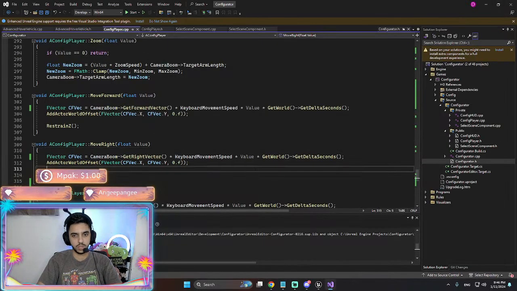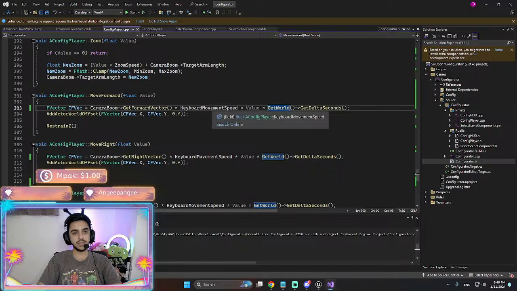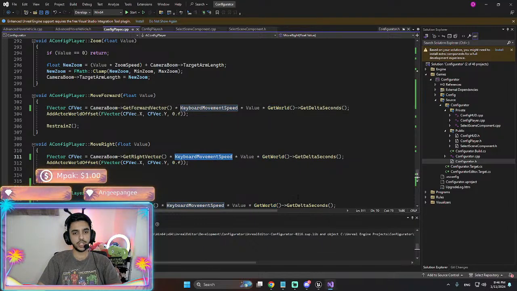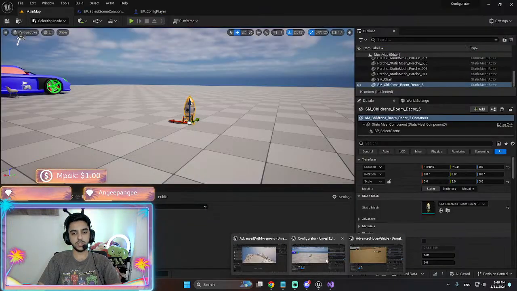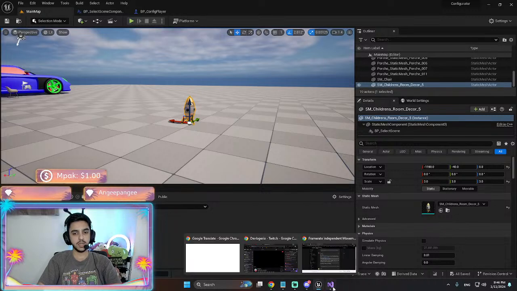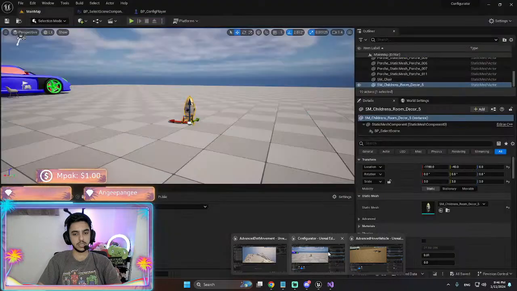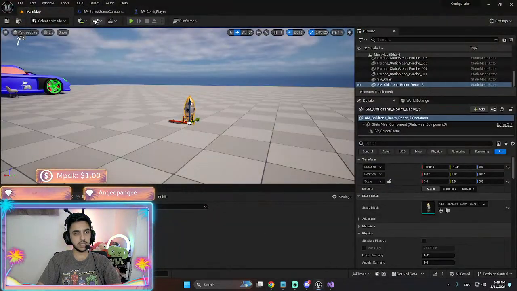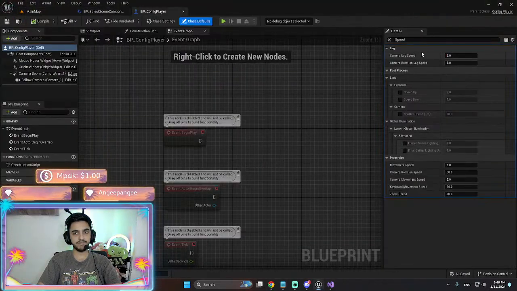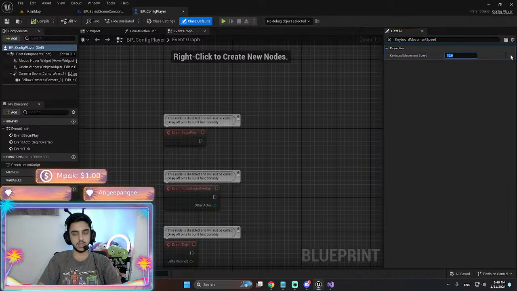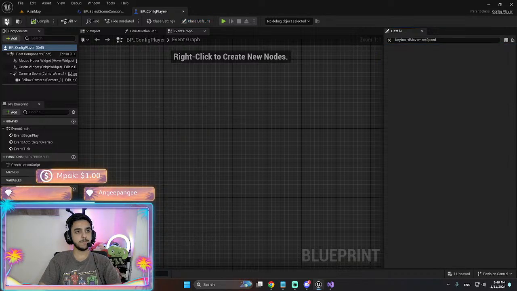Yeah. So I already did that. Keyboard movement speed. I think I have to touch that. This. Here. Probably 1000 units.